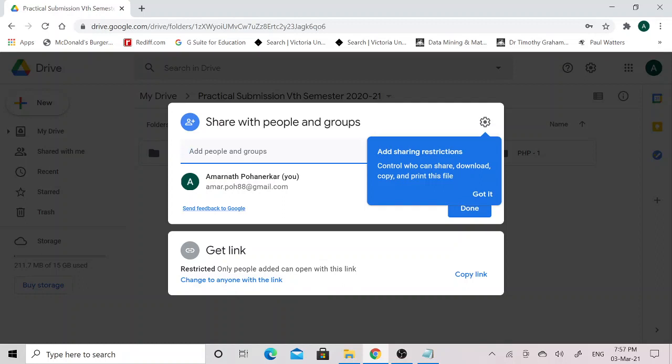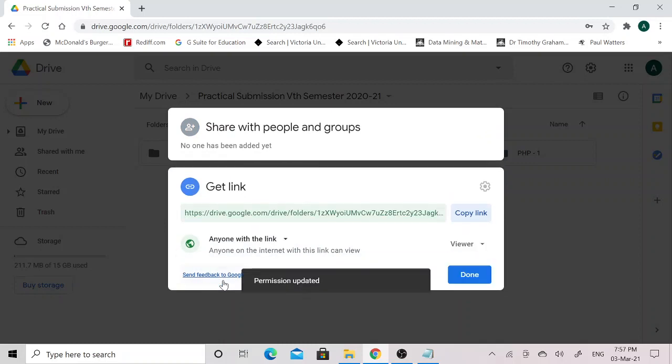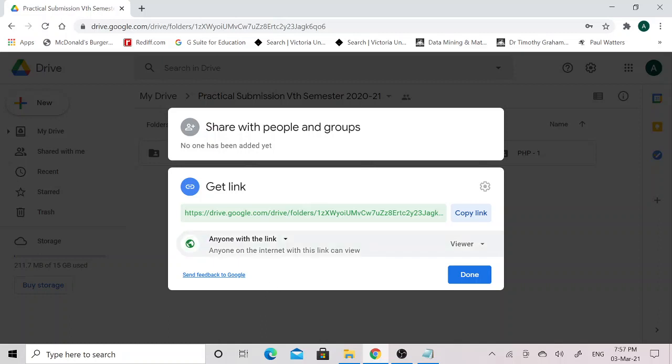And below this note you can find a blue link: change to anyone with the link. You need to click on this change to anyone with the link. You will receive one notification that permission updated. Now you can find one message: anyone on the internet with this link can view this folder.